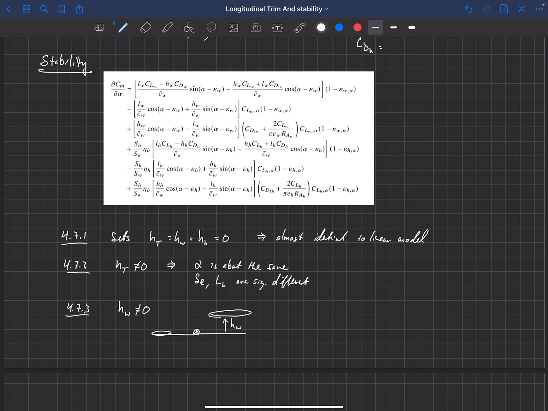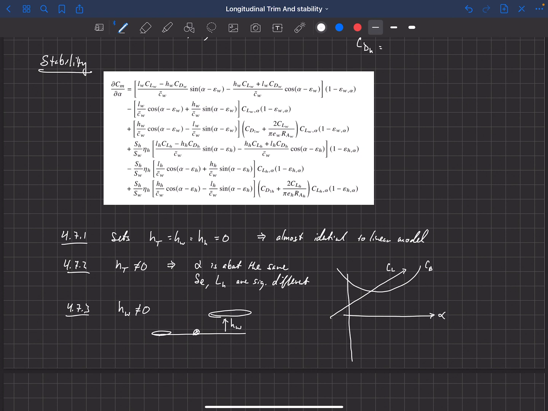Then he looks at lift, drag, and pitching moment as a function of angle of attack. Okay, so on this axis we have alpha, and then he plots lift, drag, and pitching moment. And so let's just sketch out what happens here. Of course drag is going to look something like this. This is CD as a function of angle of attack. Our lift is linear with angle of attack, so that would be CL. At least below stall, it's roughly linear.